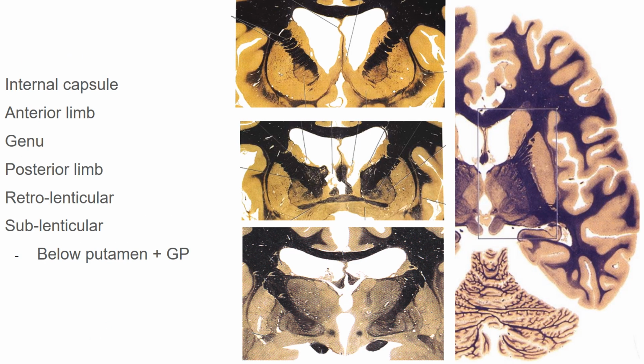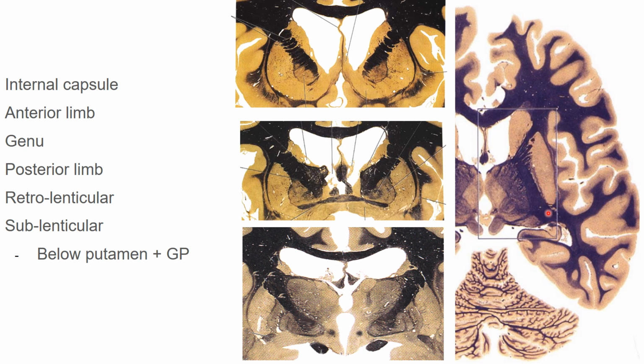Okay, and here's our little internal capsule summary slide. So I have the longitudinal view where you're looking over top of the brain of the whole internal capsule, and then I have 3 cross sections progressively getting from anterior to posterior in the brain. So anterior, you're going to have communication from the anterior nucleus upward. So that's the only thalamic nuclei that uses the anterior limb. All of our other thalamic nuclei are going to use the posterior limb. Okay, so you have anterior, genu, posterior, and then when you get behind this putamen, the lentiform nucleus, it's called